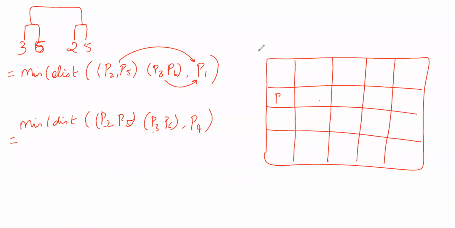So it is P1, P2, P5, P3, P6. You can observe here, why am I writing all 4 points together? Because they have already formed a bigger cluster. So I'm going to write that and I have only P4 with me. Again P1, P2, P5, P3 and P6, and I have P4. So the diagonal values are zeros.